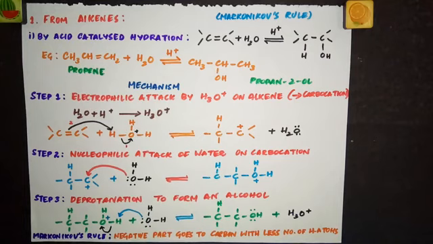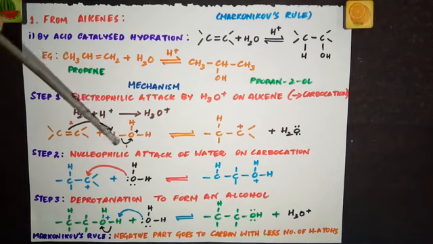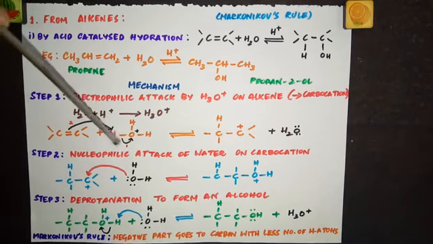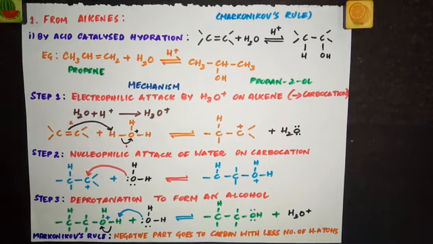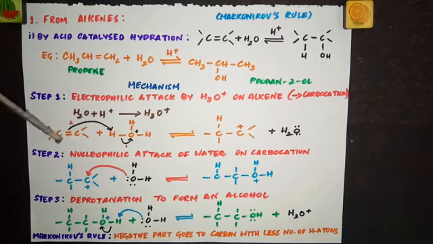After sharing electrons with hydrogen, since oxygen is deficient of electrons, it's trying to pull back these electrons towards itself. When this oxygen is trying to pull back the electrons from hydrogen, hydrogen is left with a positive charge. Now it is in need of electrons. Now who is coming to the rescue? This carbon, because carbon has a double bond, and the carbons with the double bond come and help this hydrogen with electrons. So this hydrogen leaves this oxygen and goes to this carbon to form a bond.